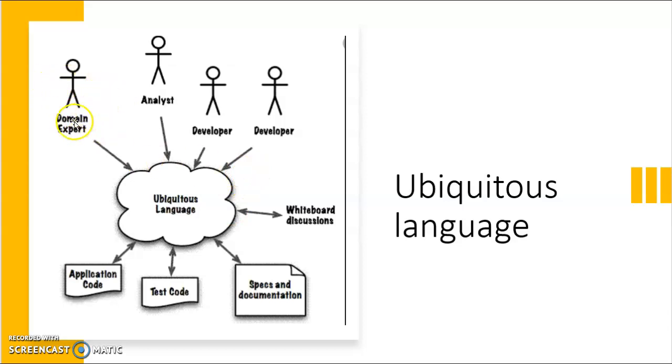For example, in this case, domain experts, analysts, developers always have to communicate with each other, so they should understand each other. So we need to find out all such common terminology which will be understood by everyone when they discuss with each other. For example, in our case, the flat number. The flat number is clear to everyone, whether it is a builder, an architect, an owner, a watchman, or anyone, right? So we need to find out all such common terminology, and that is nothing but ubiquitous language.